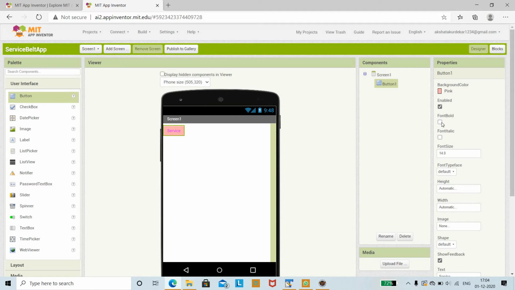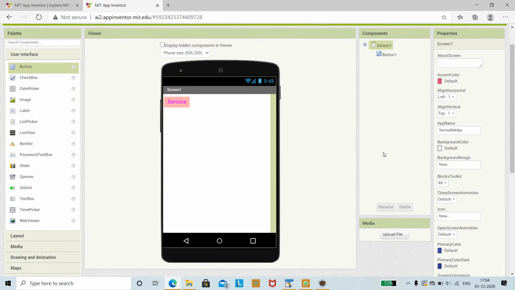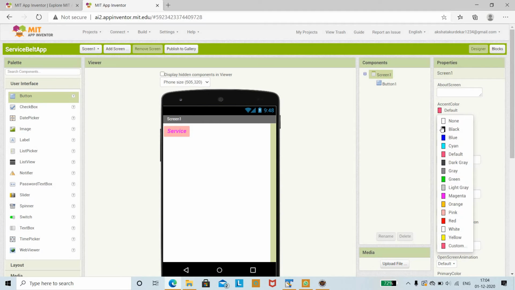Next, you can also make the font bold as well as italic. It depends on you, and you can also change the font size. We shall make it slightly larger, that is, we shall keep it as 18, so that the button is clearly visible. So we shall change the color.